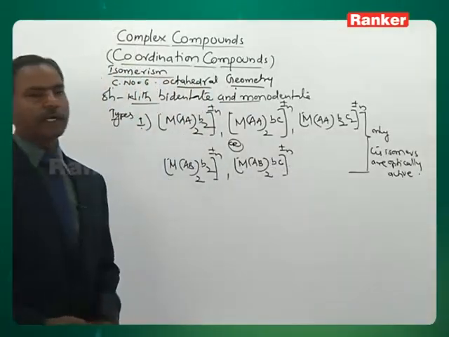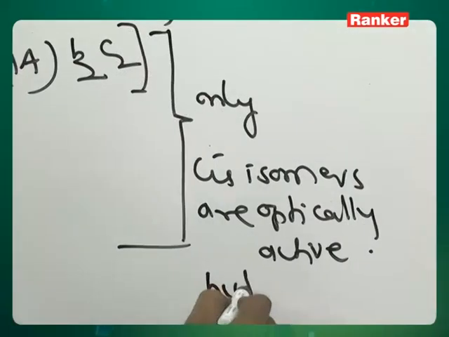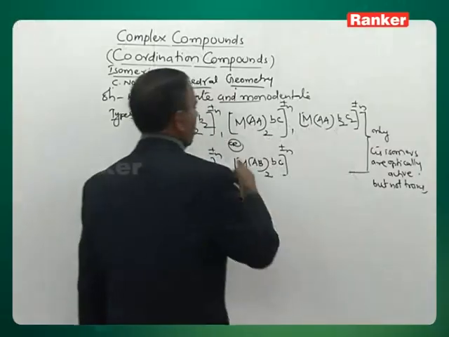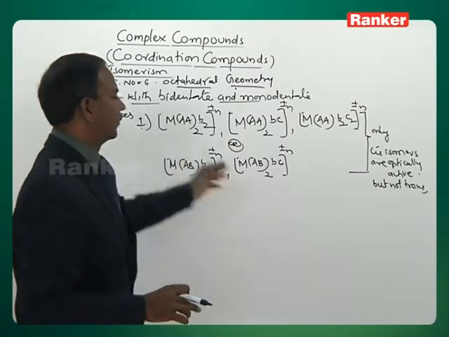Only cis isomers are optically active but not trans. In all these cases, trans is not optically active, only cis is optically active. Let us take one by one how they are